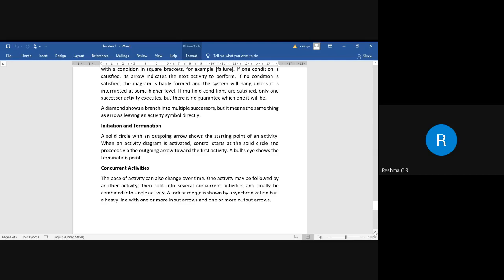That is how we call it an initiation, and the termination is represented with a solid circle surrounded by a hollow circle. The representation looks like a bull's eye. So that final state or termination symbol, we also call it a bull's eye.